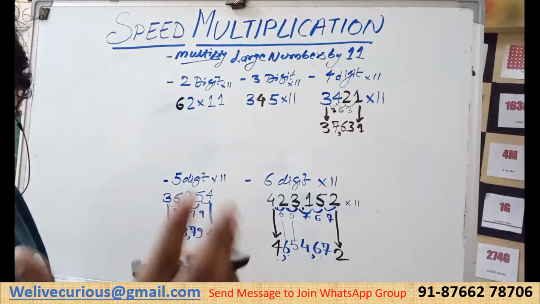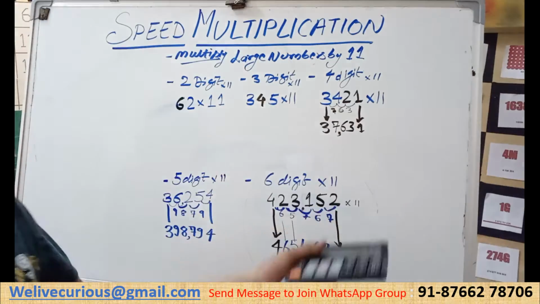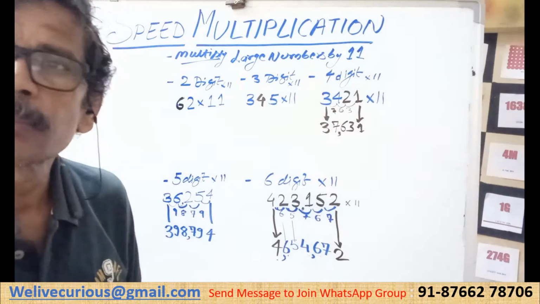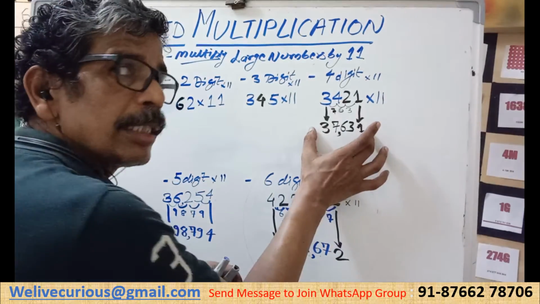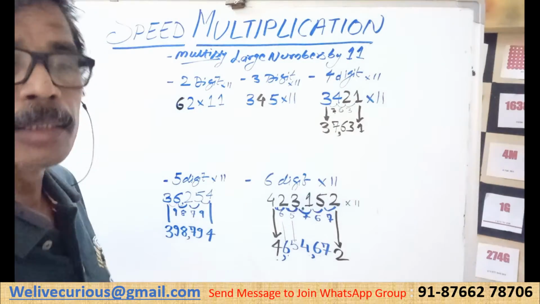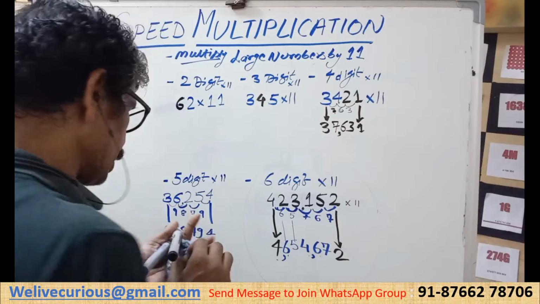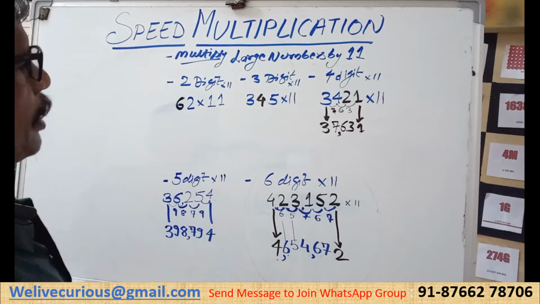Once they get confident, they would do more mathematics. Once they do more mathematics, they have less chance of failure. The fear of mathematics is the biggest problem. Once they fear mathematics, they would spend less time on it. Once they spend less time on it, they would fail more. And then they would say, oh my goodness, yes, I am not good at mathematics. So we have to give them this kind of empowering exercise.